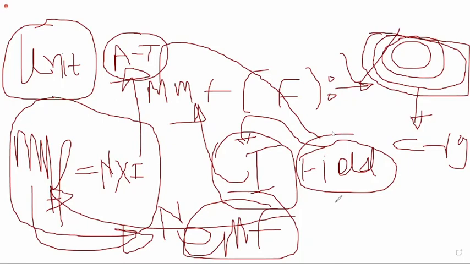Okay. Now to generate the flux, the magnetic field, I need MMF. Right, I need MMF. What is MMF? It is a product of the number of turns and the current flowing in the coil. So due to the current, MMF generates. And when there is MMF, then there are magnetic field lines like this. But magnetic field lines cannot travel like the electrons. Electrons are moving. Magnetic field lines are not moving. They are generating like this.